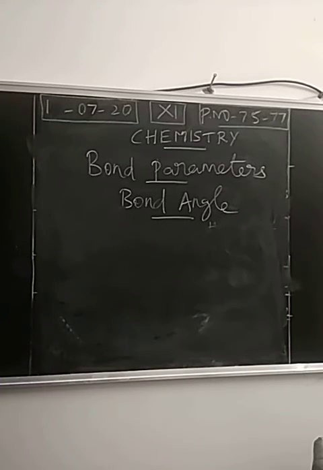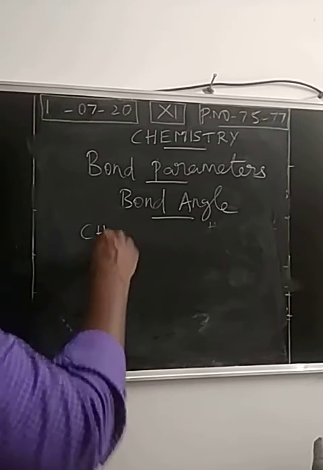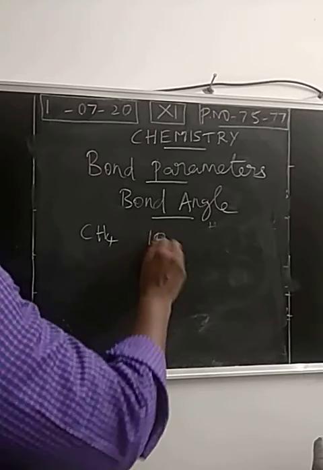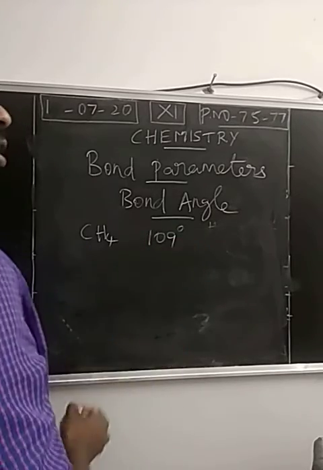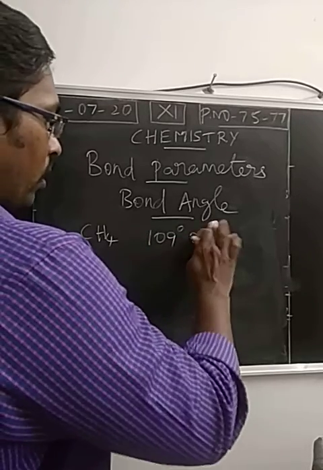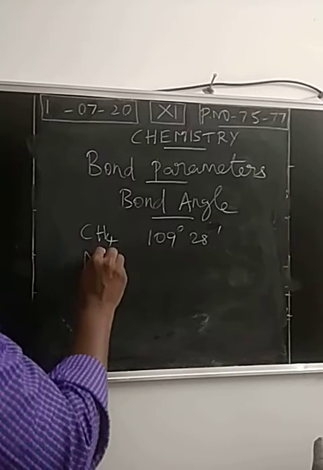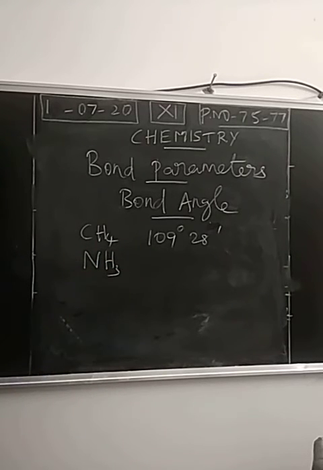Okay, for methane molecule based on sp3 hybridization, bond angle value is 109 degree 28 minutes. Consider the next molecule, ammonia. Ammonia also has sp3 hybridization, but the bond angle will be changed. This will be discussed in the next concept